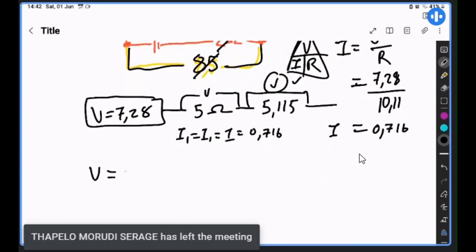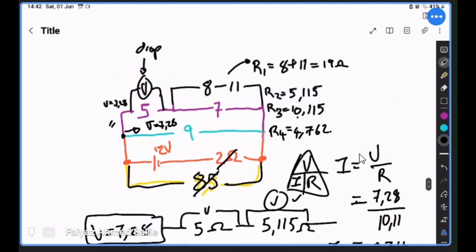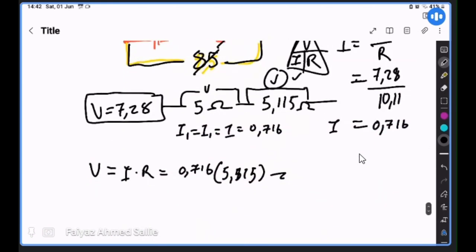So the voltage is equal to current times resistor. Our current is 0,716 multiplied by our resistor, which is 5,115, and we get an answer of 0,716 multiplied by 5,815. So the answer there would be 0,716 multiplied by 5,815 is equal to, so we have an answer